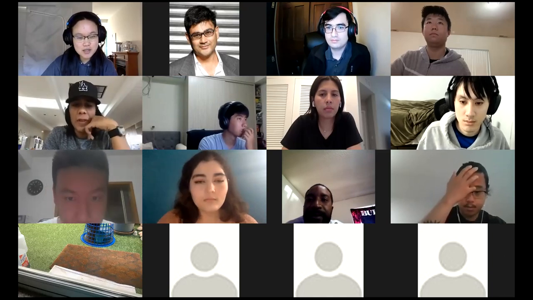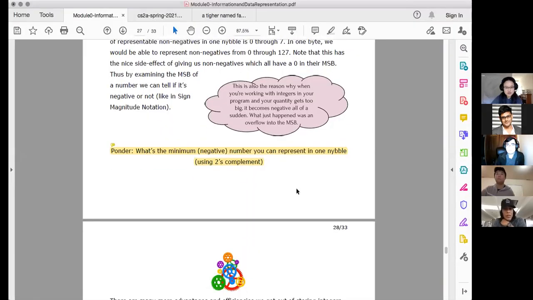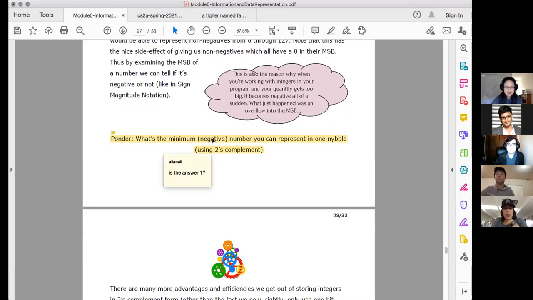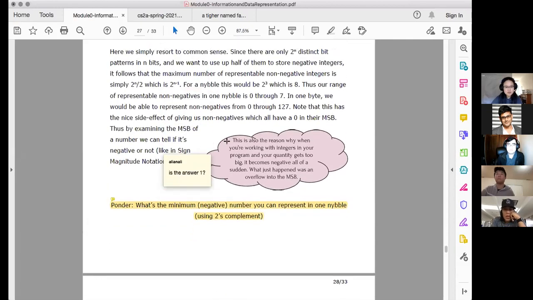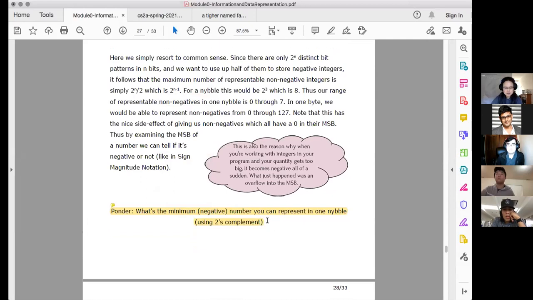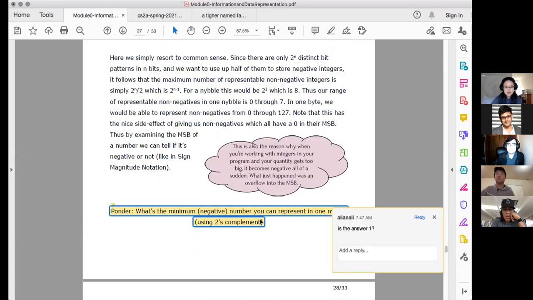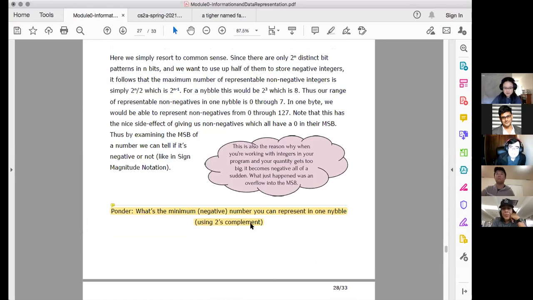While reading module 0, I have 2 questions. One is about the pounder. Is the answer 1? Because there are 2 questions hiding behind it. I also have a question about how to distinguish 2 numbers, which one is the negative one and which one is the non-negative one, but I cannot figure out the exact answer after reading this paragraph. The first question I ask myself is what the biggest non-negative number is, which to me is 1, 1, 1, 1. And in this case, the minimum negative number will be 1 in order to make the sum 0. So what do you guys think?